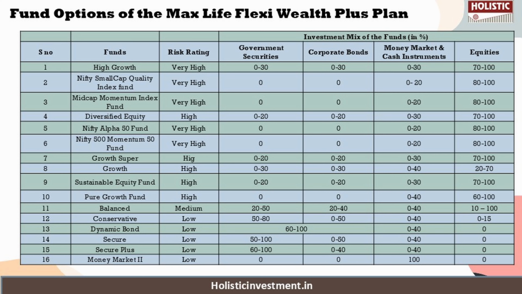And this policy has other benefits like death benefit, which the policyholder's nominee or the legal heir will get in case of the unfortunate death of the policyholder during the policy term. And maturity benefit is something the policyholder will get once the policy matures. And there is also survival benefit. When the premium payment term is finished, this benefit will be given to the policyholder. And there are other benefits like switching, premium redirection, partial withdrawal, increase or decrease in premium payment term or policy term, settlement option, and additional rider benefits.